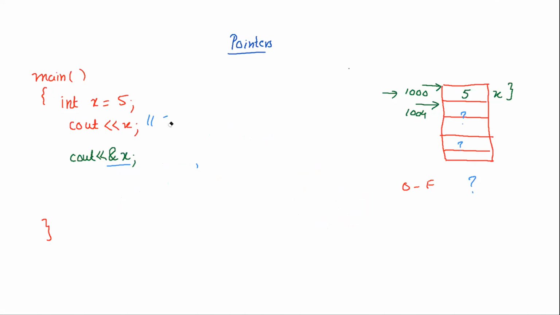Now you see we have a variable. We know a variable is in memory. If I want the value of that variable, I will simply write x, which is the name of the variable. If I am interested in finding where that variable is stored in memory, then I use this ampersand symbol. This is called ampersand, and you have to read it as address of, and whatever the variable is, you just replace it in this blank.